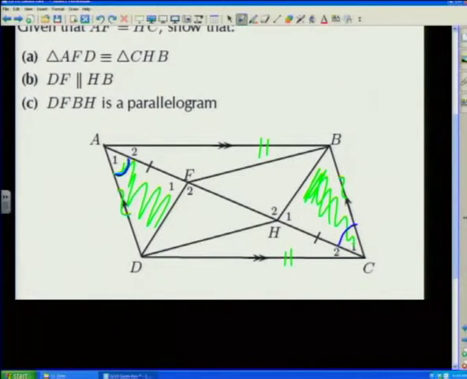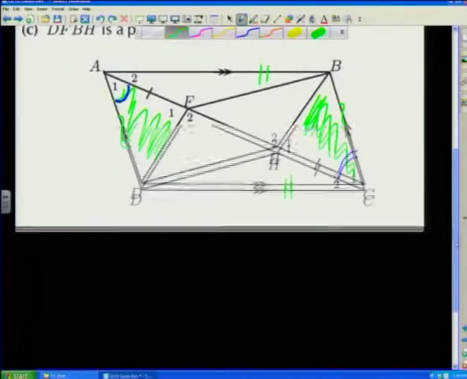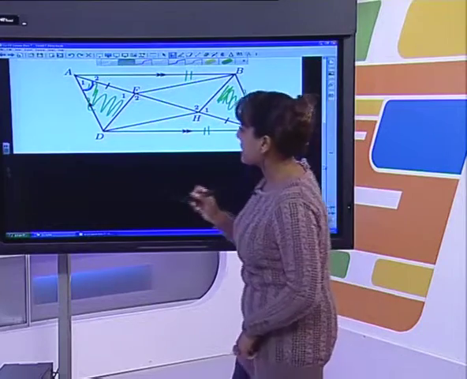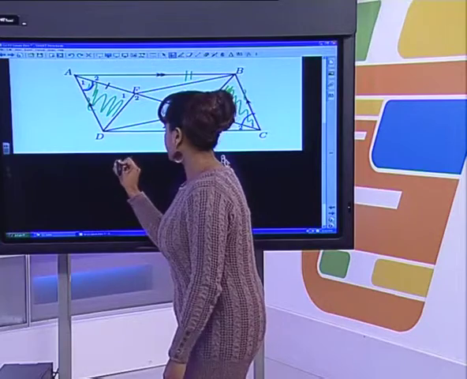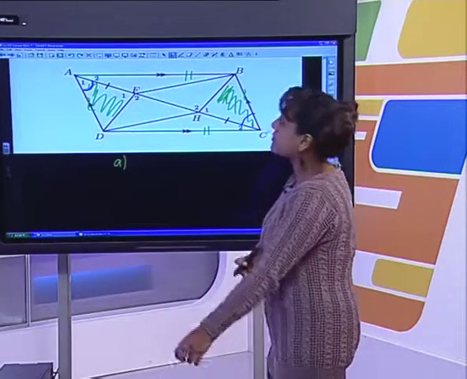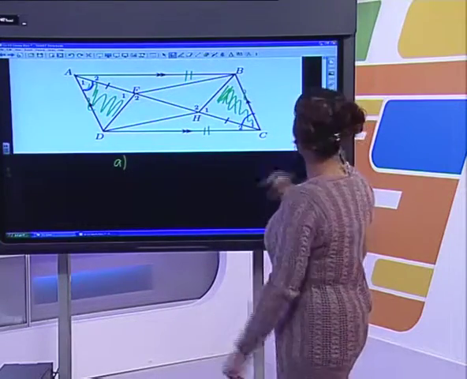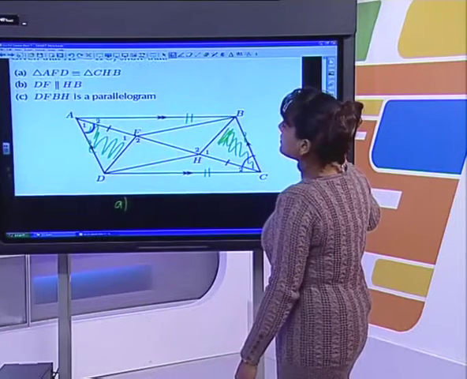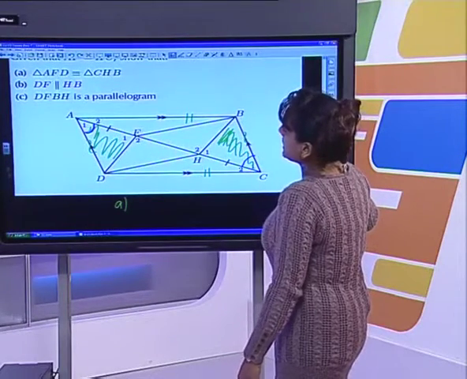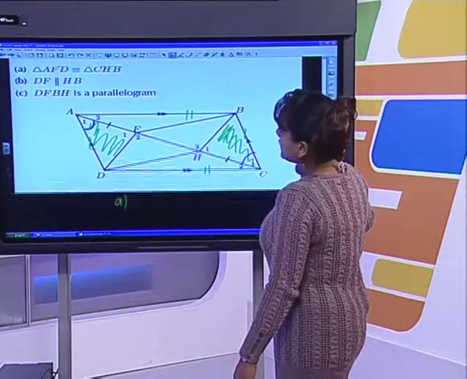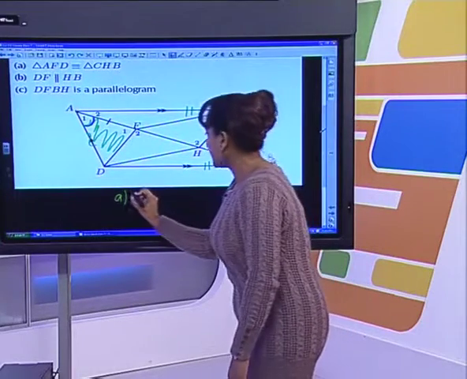All right, so we've got enough information now to set this out in a proof and show that those two triangles are congruent. I'm going to try and set this out a bit more neatly for you guys, to give you an idea of how you're supposed to set this out in an exam. So this is question A. We want to prove that triangle AFD is congruent. Remember our first question: prove that AFD is congruent to CHB. So I'm going to say in